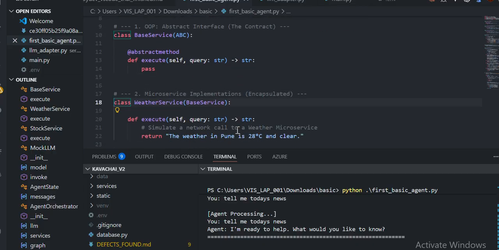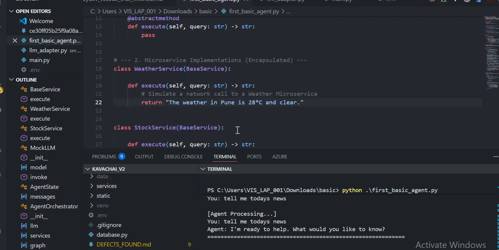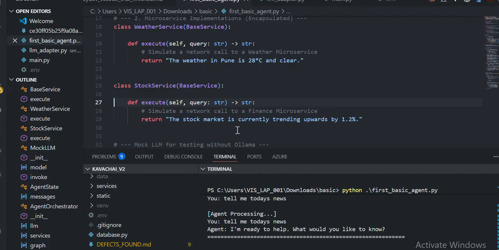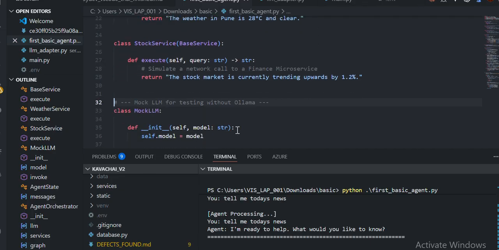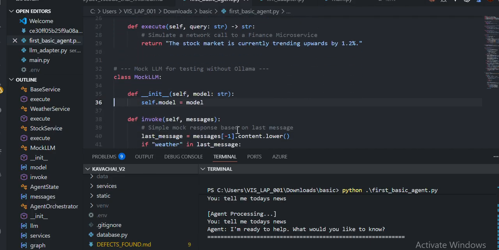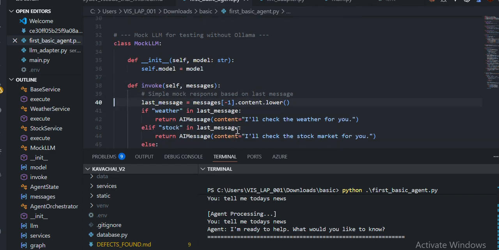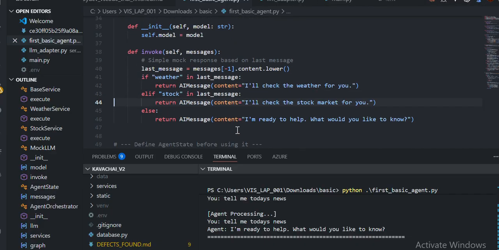We are asking about the weather service, and in that we have mentioned the execute itself. Second is a class for the stock service. Same, we are returning only whatever we have because we are not calling services here. And this is a mock LLM, where we have to initialize it to null and initialize the model. And we are mentioning if there is a message in it, whether it has to go for this message or return